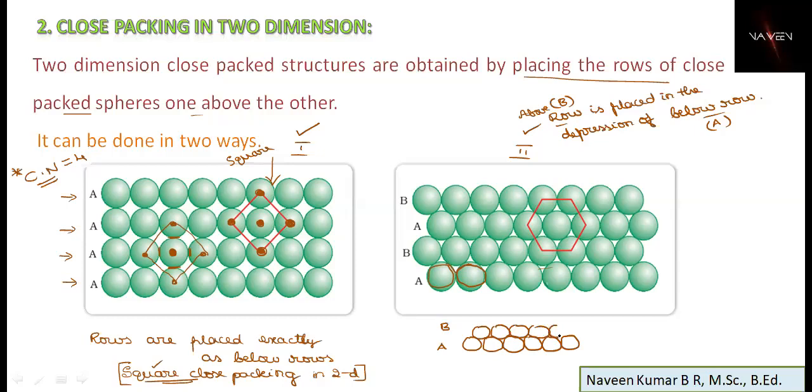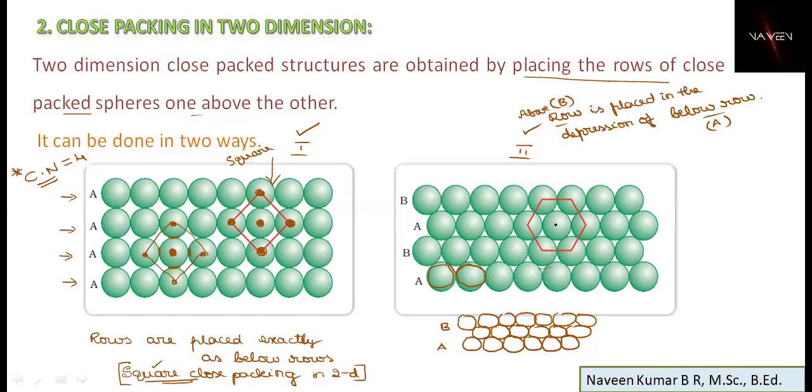Just to show the structure, you can write a simple spherical shaped arrangement. Again, the next layer, a similar arrangement, you can repeat. Again, it is placed in the depressions created by the below layer. So like this, if you keep on placing the rows in such a way that each row's particles are placed in the depressions created by the below rows.